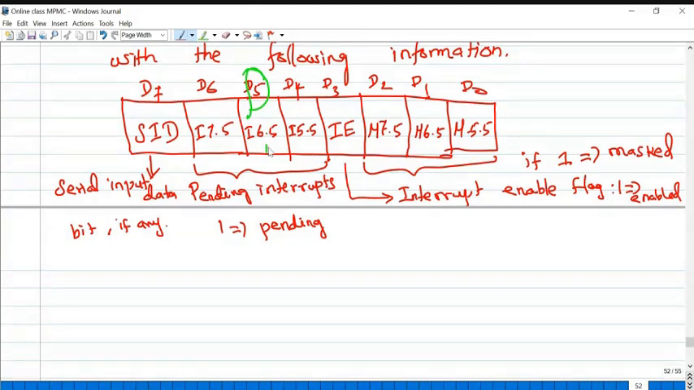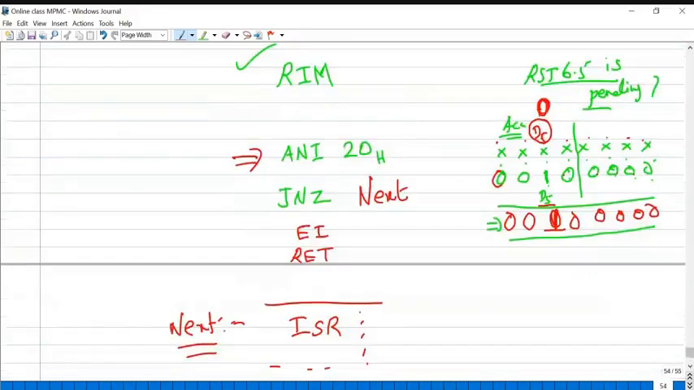An interrupt request is pending from this particular pin, RST 6.5. To identify that, I purposely take 20. I'm performing a logical AND operation with the accumulator, but I don't know what value is stored in the accumulator. So based on the result, whether 0 or non-zero,